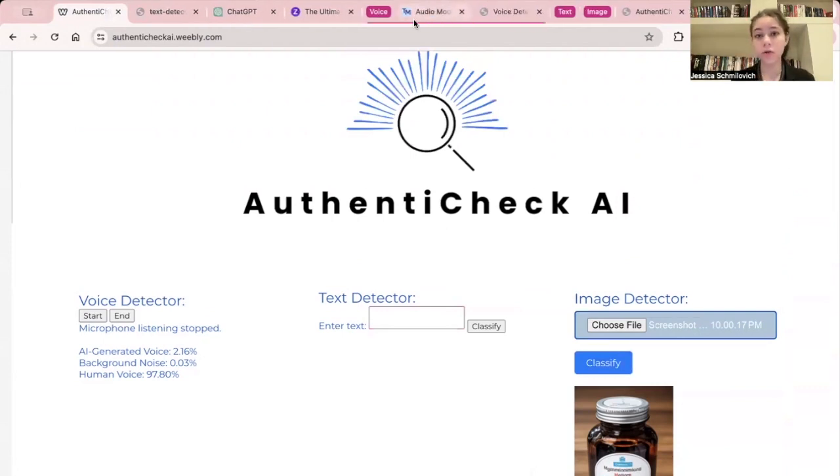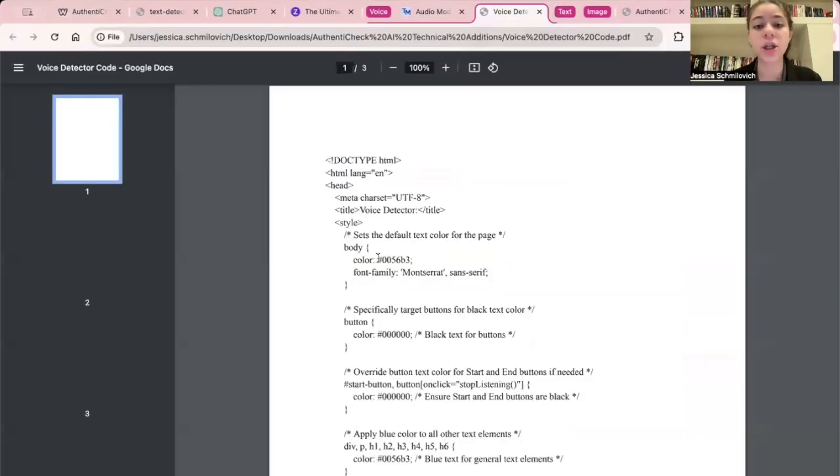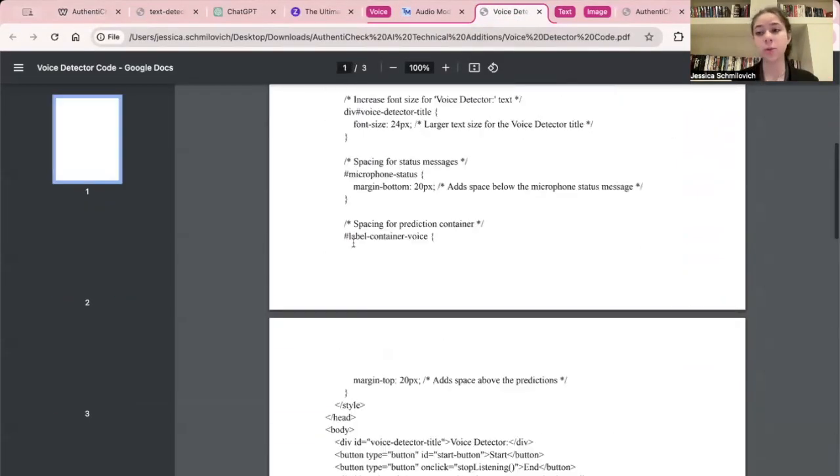So now I'm going to go through the code and the building of the samples of each of my detectors. For my voice detector, I had a background noise class, which is a default, to make my voice detector more accurate. For my human class, I have 305 audio samples and 338 for the AI generated from Teachable Machine. I made this model in Teachable Machine, and this is my voice detector code with the Teachable Machine model embedded